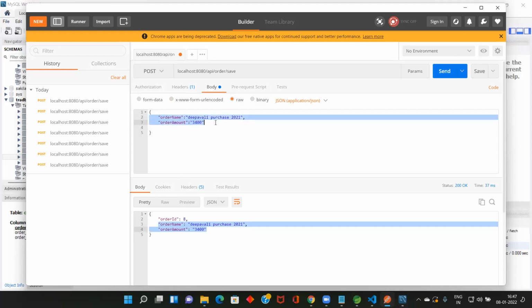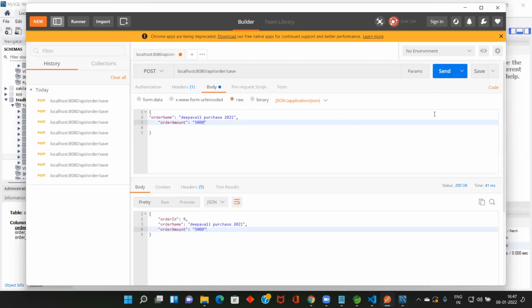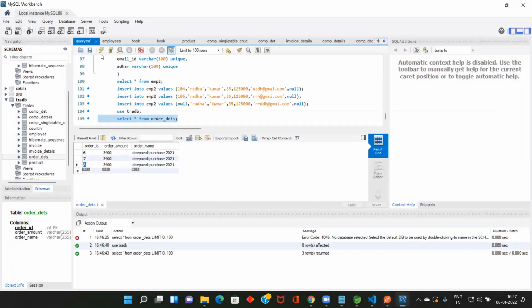Here I'm going to change, Control V. So Deepavali purchase 2021 and 5,000. So when I send, see, 9th one, order ID 9, Deepavali purchase 2021 and 5,000. So go here and run this one. See, we got Deepavali purchase 2021, 5,000 rupees, order ID 9.